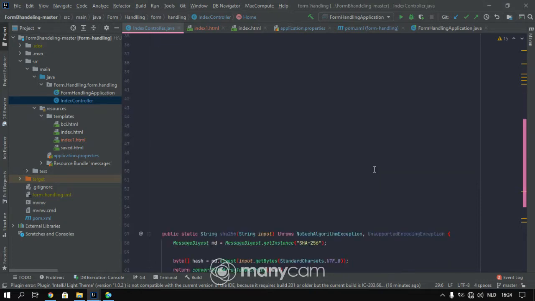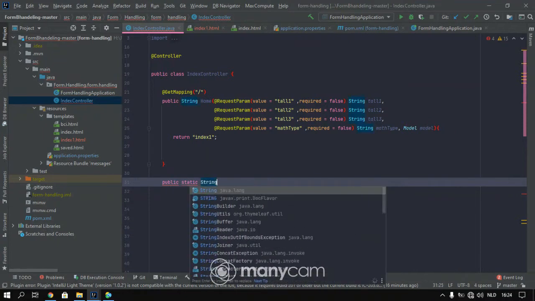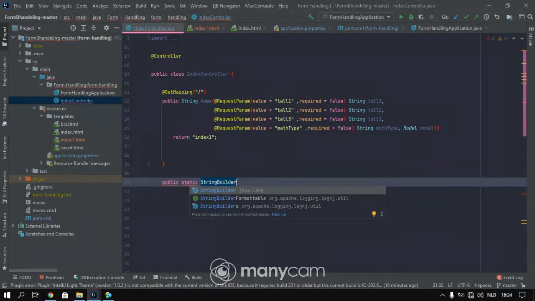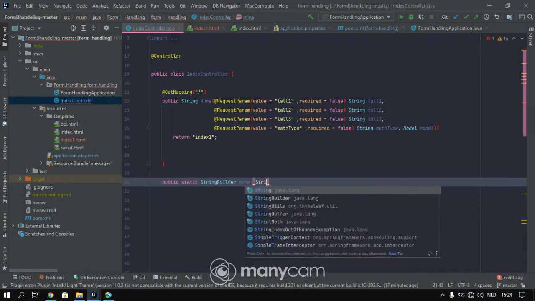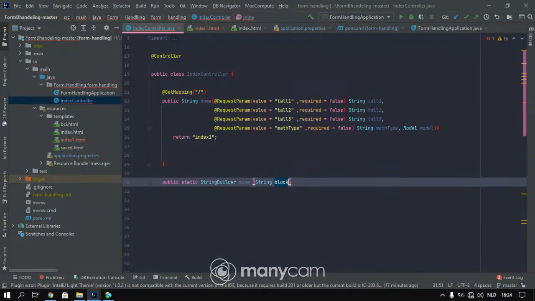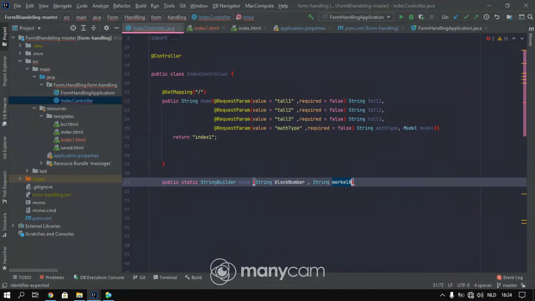Okay, what I'm going to do, I'm coming here, I'm going to make a public static StringBuilder as a mine, and it takes a string block number, a string Merkle root, a string previous hash. Okay, and